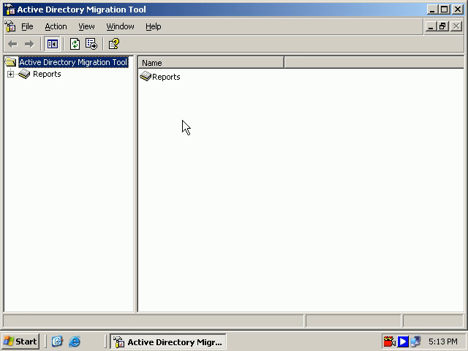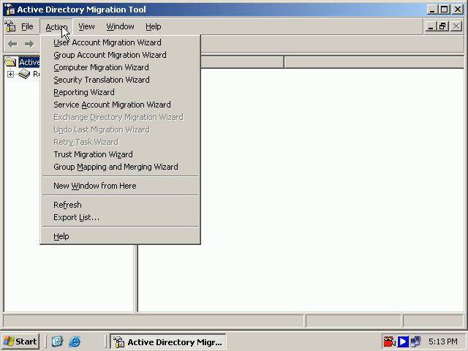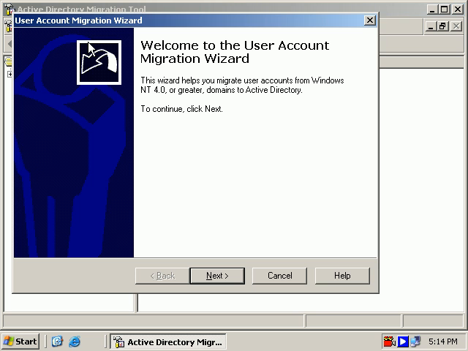Now that we've opened the Active Directory Migration tool, notice that on the Action menu, there are a variety of tasks that you can perform. All of these tasks will help you migrate from an NT domain, for example, up to a Windows Server 2003 domain, or migrate various objects from one domain to another. As an example, let's migrate a user account from one domain to another. I'll select the User Account Migration Wizard,